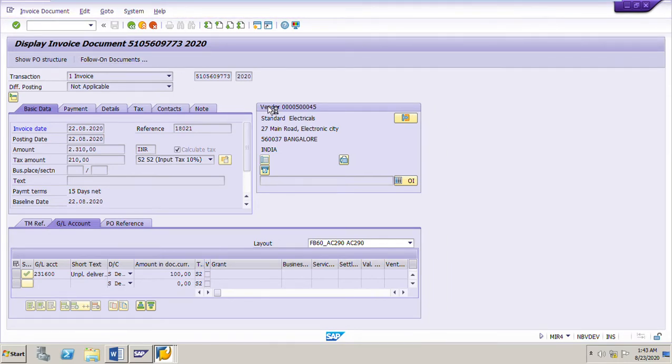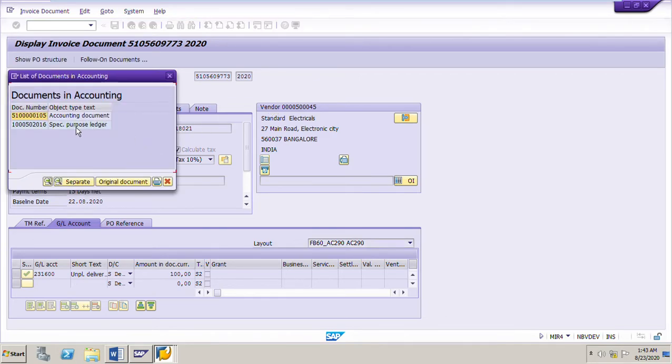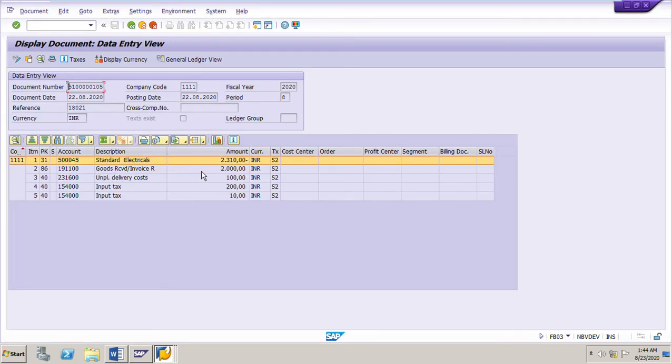And we can see the follow-on documents. From the follow-on documents, we can go to the accounting document. Double click on the accounting document, and we can see the accounting entries for the invoice. Here, this is the amount payable to the vendor, 2310. This is the amount of the line item 10.